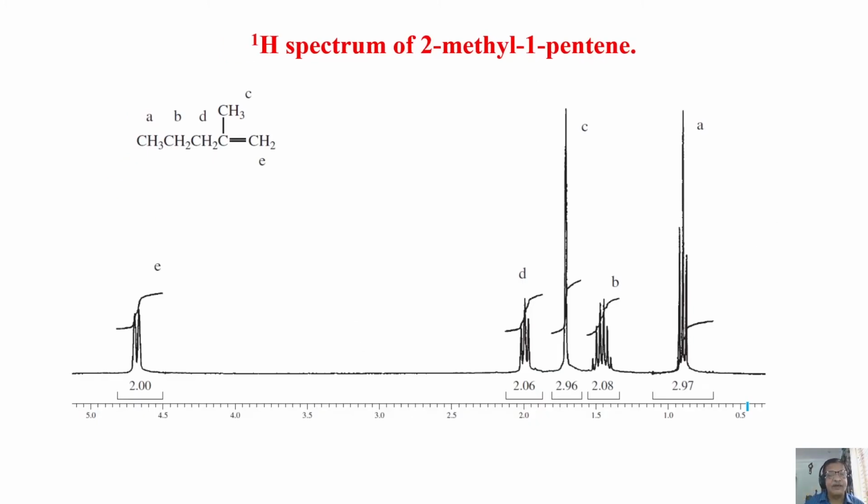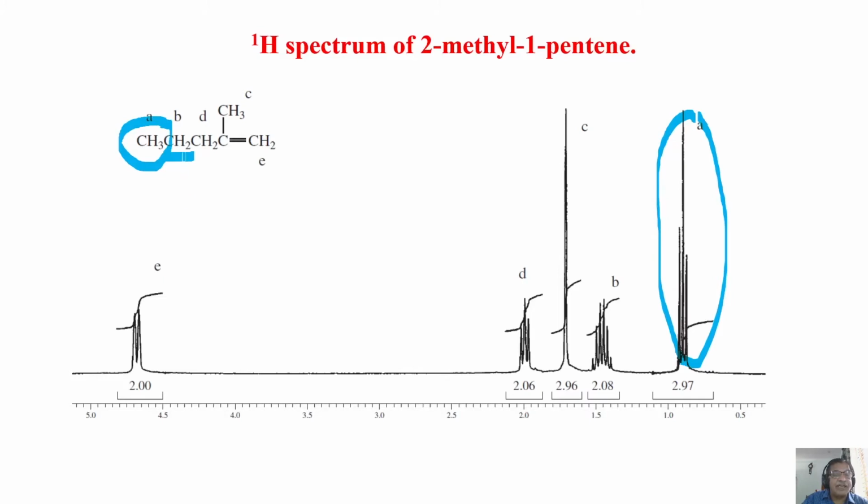Next, let us go further. This is another molecule, 2-methyl-1-pentene. Some think it is a linear molecule. Look at this molecule. We will start with this one because it is fairly simple to analyze. CH3. It is coupled to CH2. For that simple reason, you must get a triplet. Okay, that is analyzable. Very fine, we can assign. Then what about this CH2? It is coupled to CH3 and also CH2. This CH2. So what will happen now?